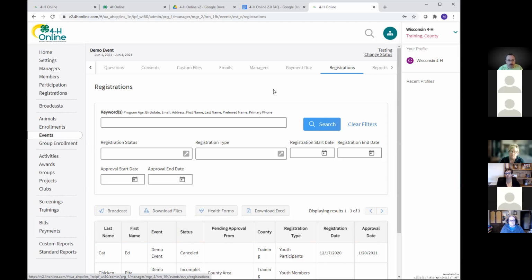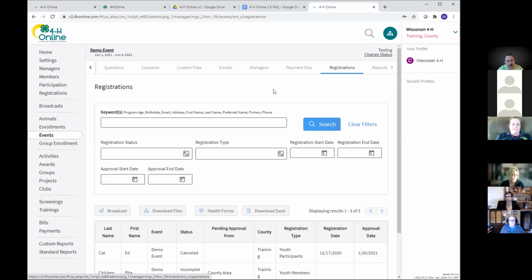Mike, we just had our family learning day in Fond du Lac County, and we opened it to other counties. But when we approved it, the email that they got from the other counties says make their check payment to their county and not Fond du Lac County. Yes, that is a bit of a sticking point here, and that is the registration.